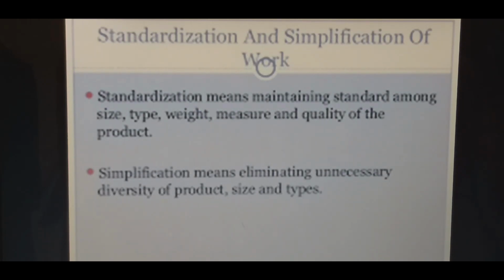Say for example, for manufacturing a particular quality of output, he said that it should be decided in advance what quality of raw material will be used in order to get that output, which kind of machines will be used, that should also be standardized. The kind of labor which will be used in order to produce that output, that also should be standardized. That is, standardizing everything so that you get that particular standard of output which you want.